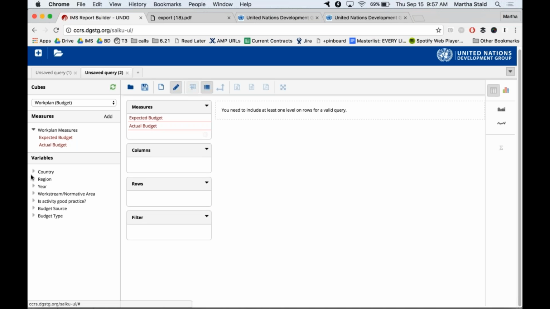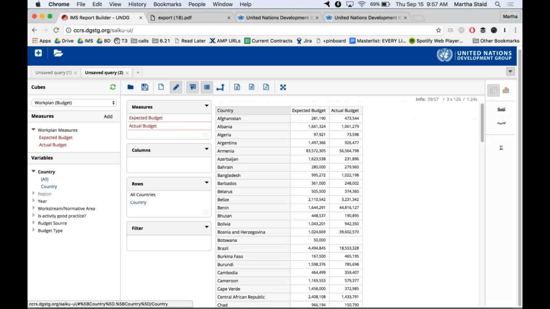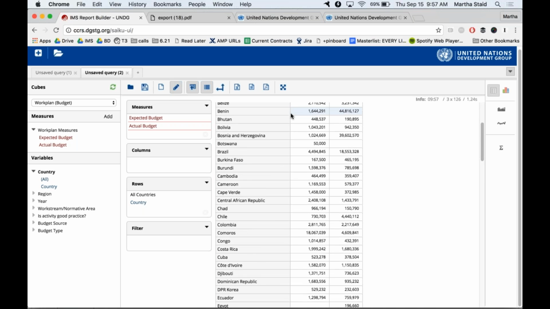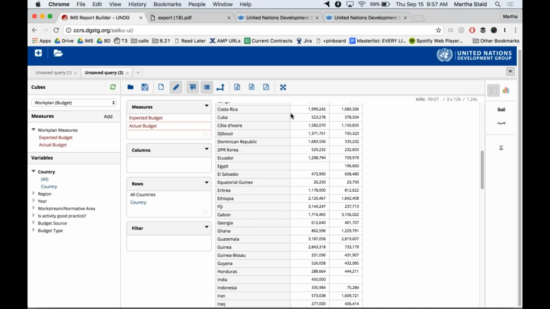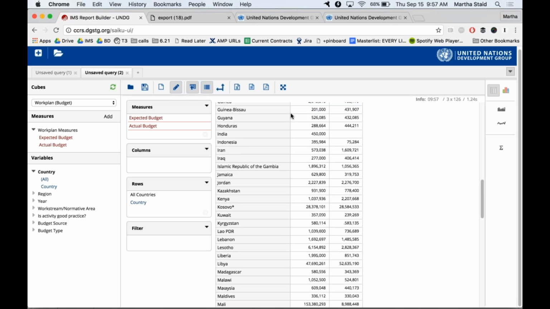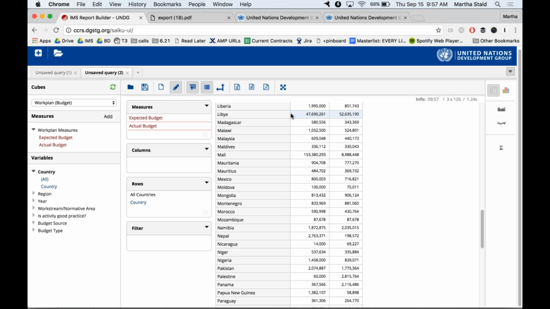official. But if we choose from our work plan budget data for country by country, one of the issues we found is the system does want data to be entered in US dollars. Sometimes that gets missed and a country may enter information in local currency or euro or something else. So for instance here, this may be an outlier. Just skimming through, you might be able to see, oh, this number is much larger than other numbers in the